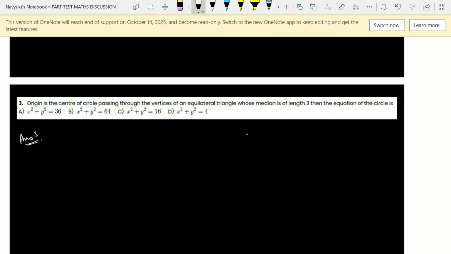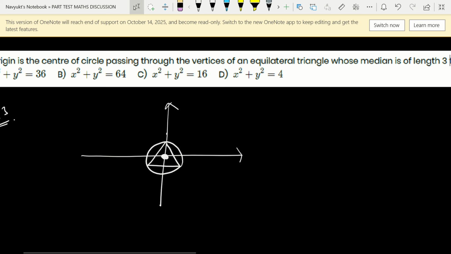Let's start. First of all, let's look at this question a little bit geometrically. If you have the origin as the center of a circle, that circle passes through the vertices of an equilateral triangle, correct? Let's draw any random equilateral triangle here, and a circle which passes through it. Now, what we observed here is that we can zoom in and see that